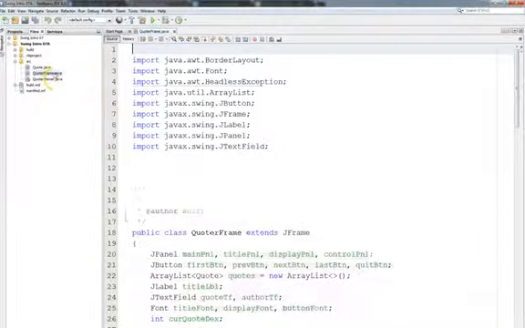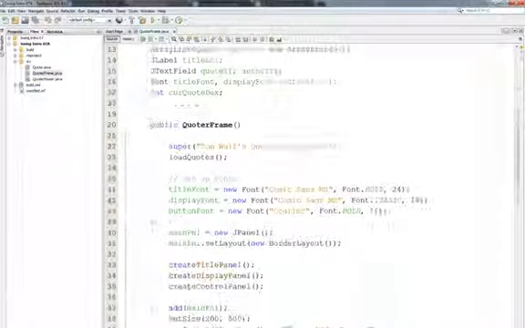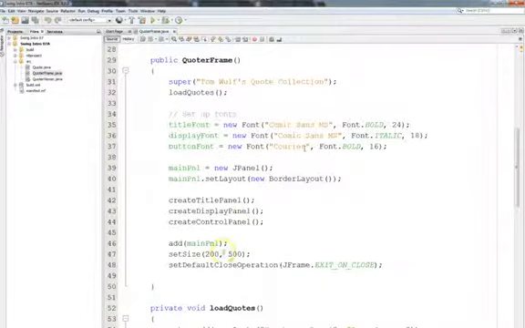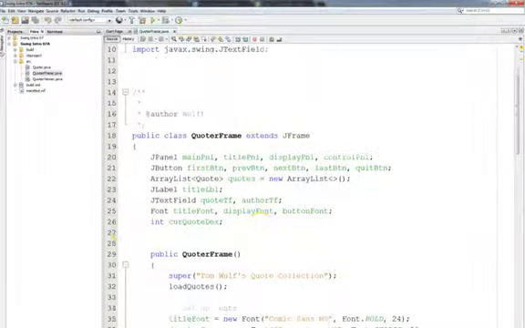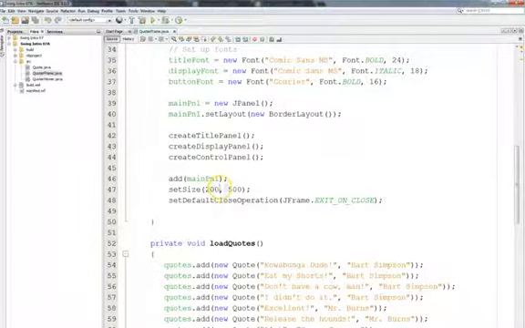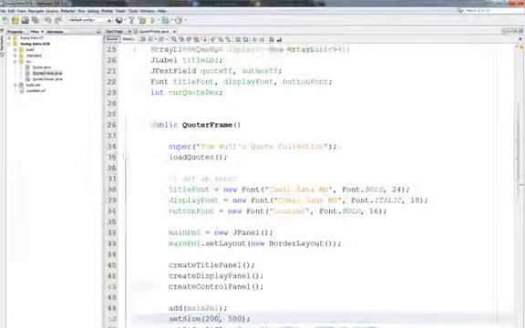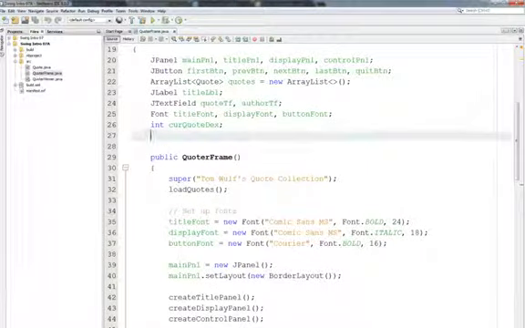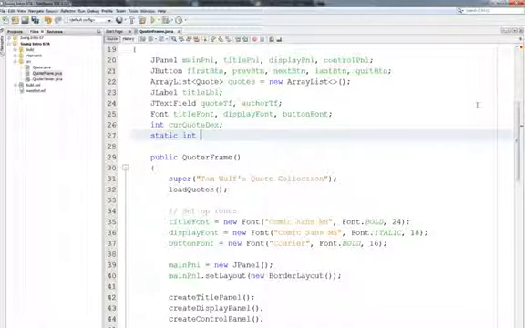So let's go back into quoter frame, and let's set those dimensions. This is not the usual way this is done, by the way. Usually I'll have a symbolic constant up here so I don't have to search for the code at the place where this is done. So let's just set that up here while we're doing this. So static int, oh, actually, this doesn't have to be static. It has to be final. So final int